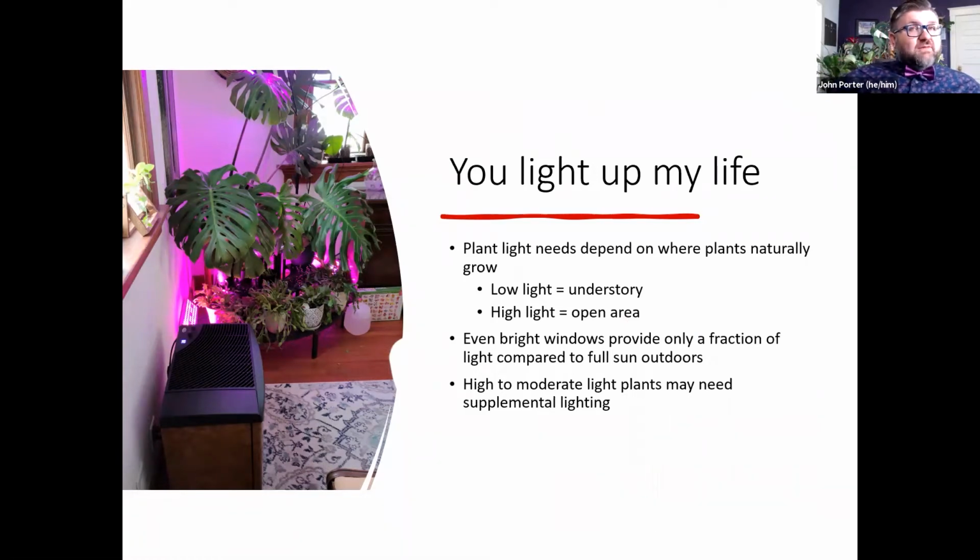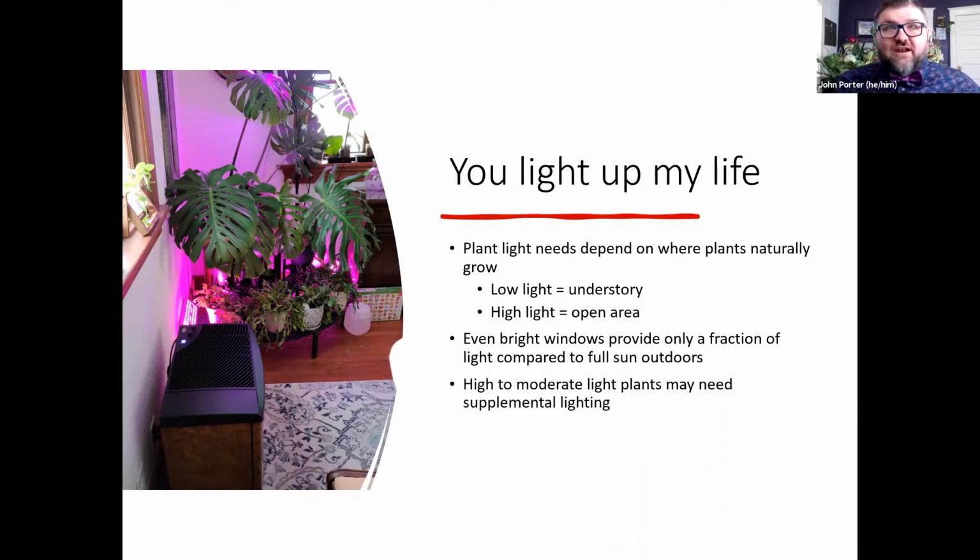So this is another Monstera deliciosa. This one is in my dining room, and you can see it's got some grow lights behind it. It has a nice window there. The one on the back wall behind it is a south-facing window. The one to the left of it is an east-facing window. So it gets plenty of light in there, even with some grow light, just because it's back in the corner.